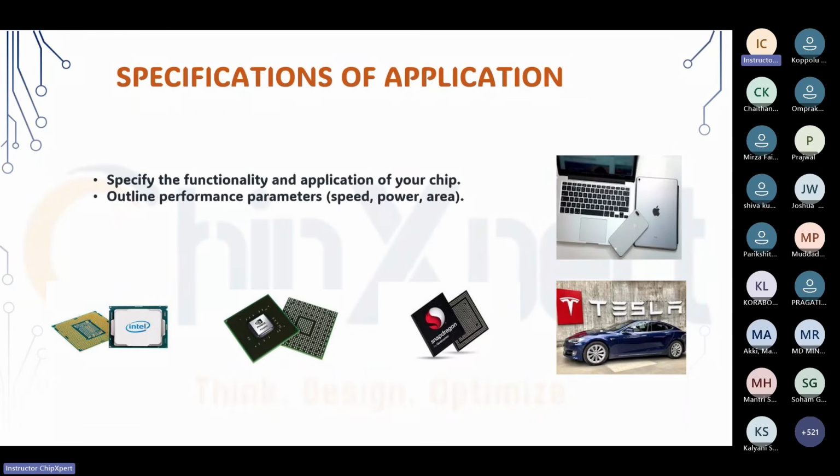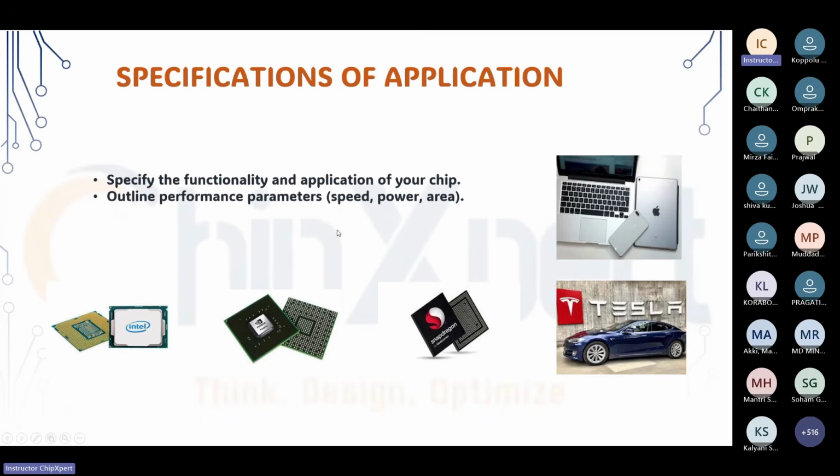And the power, what is the power? It has to use very low power so that it will give more battery life or less power consumption for your application. If it is using a lot of power, and you're handling more and more appliances, then it will cost you more in power consumption also. And the area of the chip also matters because silicon is too costly. The material of silicon costs more than gold, if I can say.